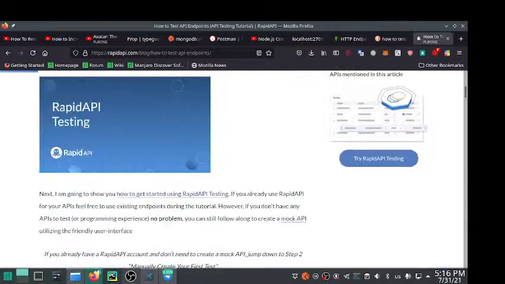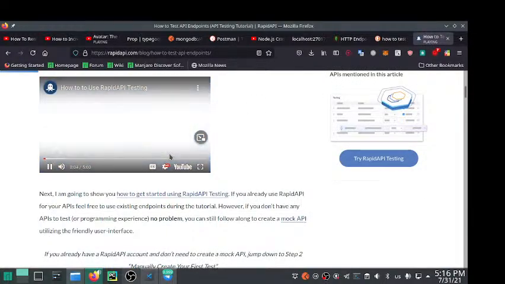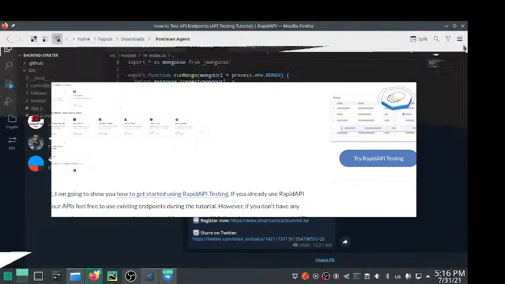we're excited to announce our latest product, Rapid API Testing. Rapid API Testing is a functional API testing solution for creating